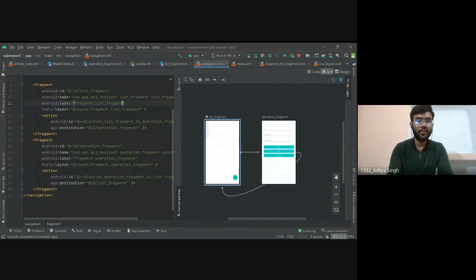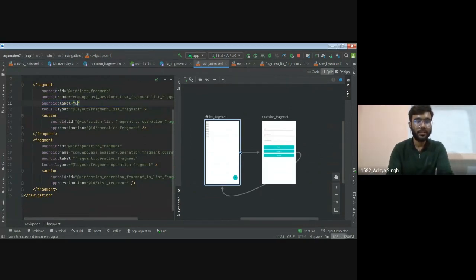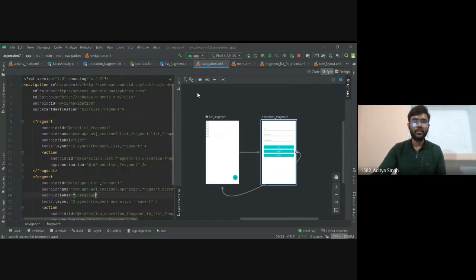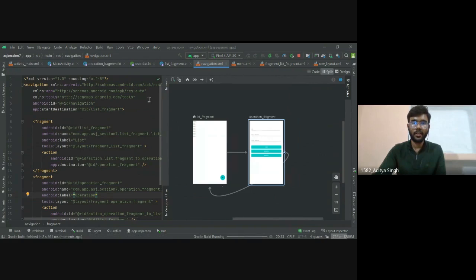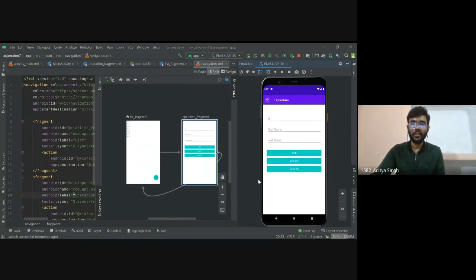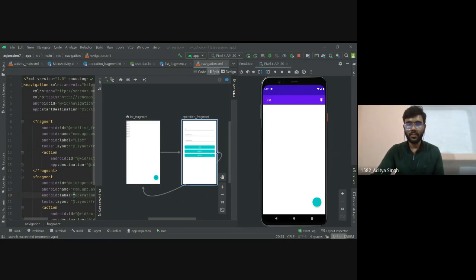Just change it to list, like simply list, and this label to simply operation. Now it will work perfectly, I guess. Now it is showing list and operation here. So this is done.